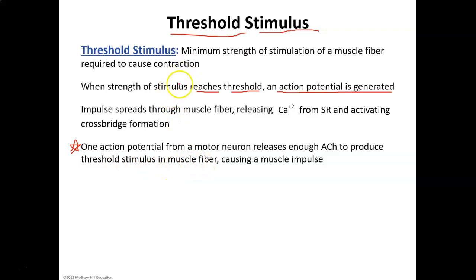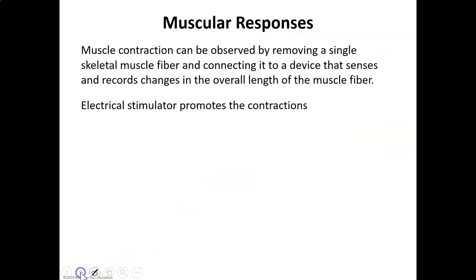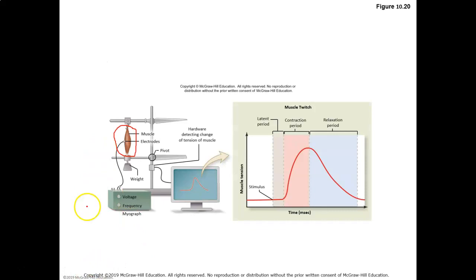So one action potential from a motor neuron releases enough acetylcholine to produce the threshold stimulus in a muscle fiber. And what do we say? Threshold stimulus. When the strength of the stimulus reaches threshold stimulus, an action potential is generated through the sarcolemma, calcium is released, you get a contraction. But you have to reach threshold. Now we go back to our experiment here, okay? So what they're doing is they're